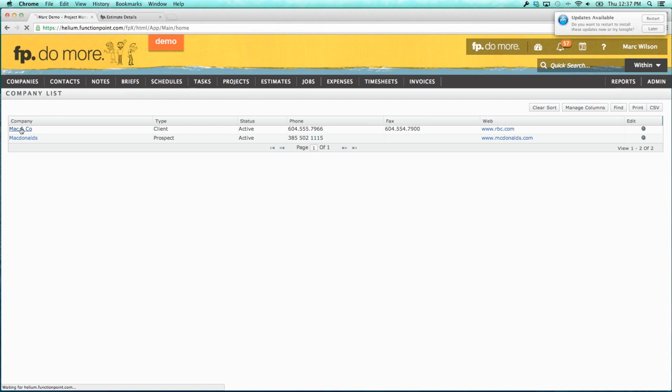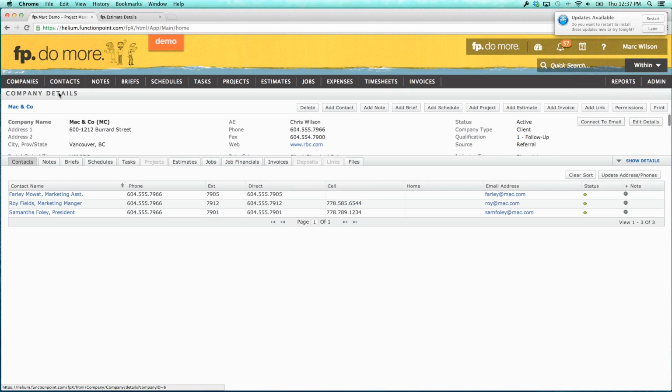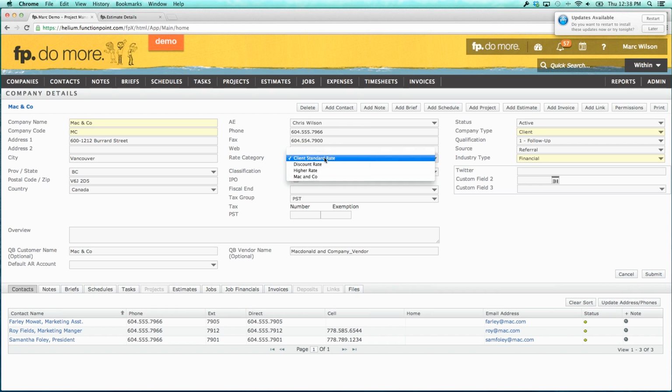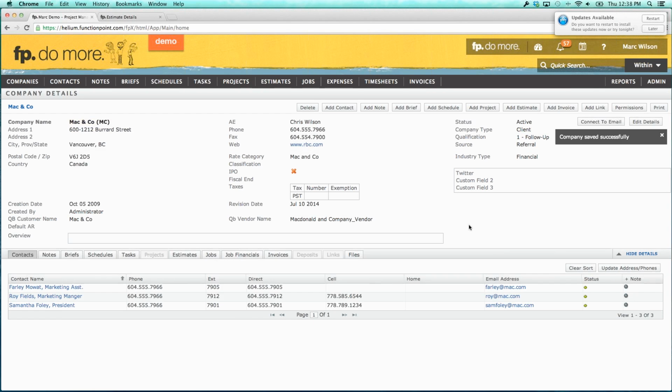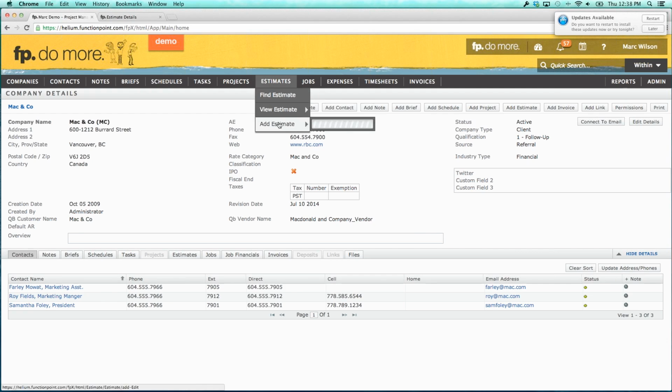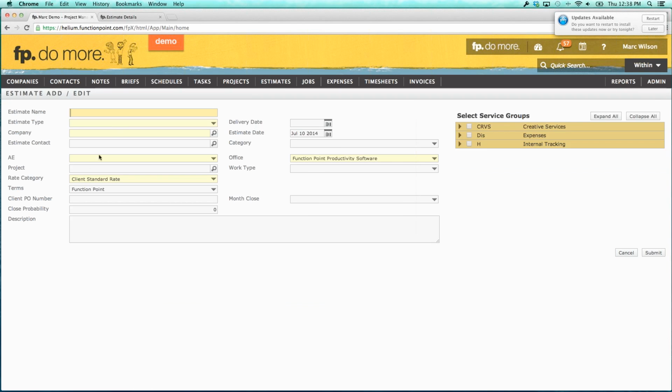Here's Mac & Co. Select them. I'm going to go into their details page, and I'm going to edit their details and make their rate category Mac & Co. Submit that. And now any time that I add an estimate, so if I go estimate add, and watch this, my standard rate category fills in. But if I choose Mac & Co.,